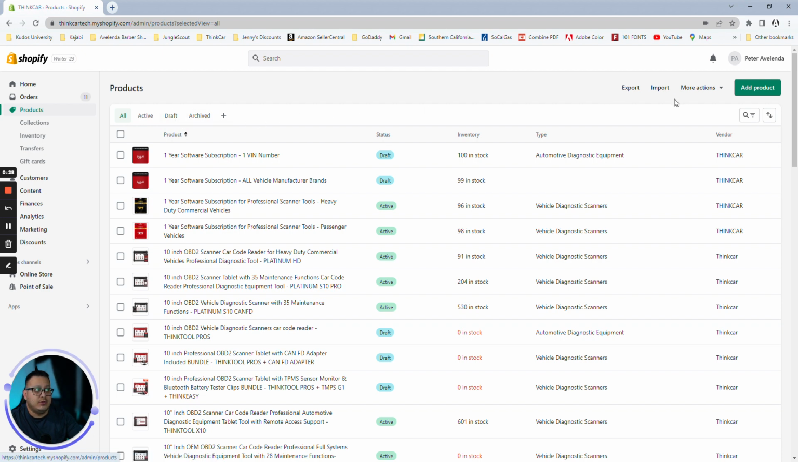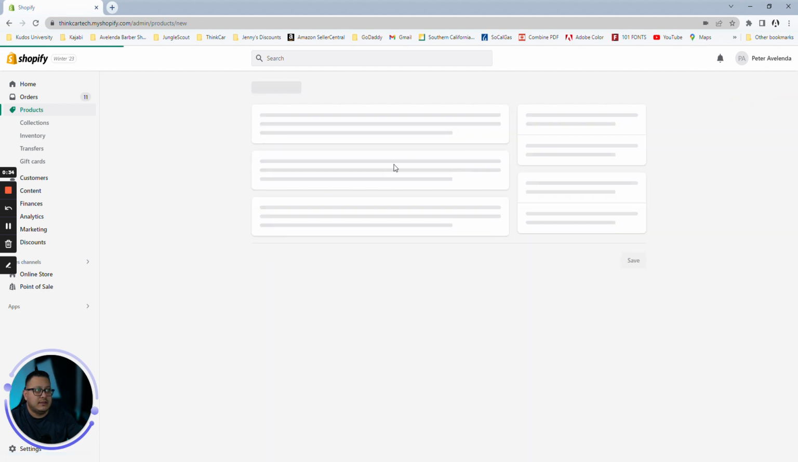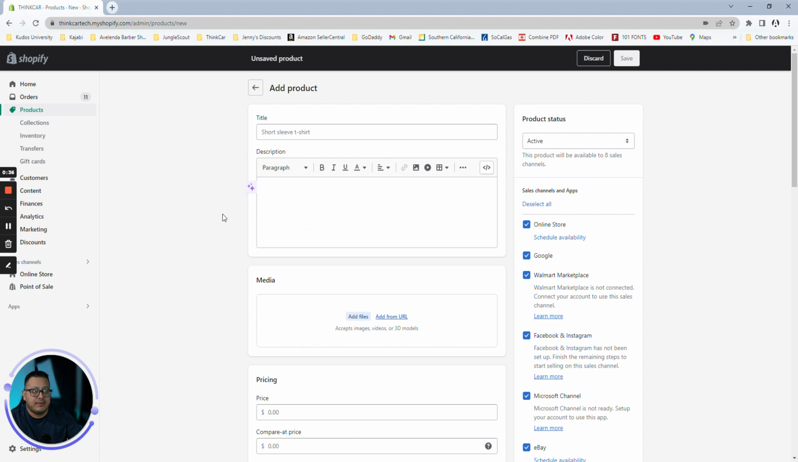If you wanted to create a product, you can simply click on add product and start the process. Shopify makes it extremely simple. So all you have to do is type in your product name, give your product a paragraph, for example, the best product in the market, and then if you wanted to have